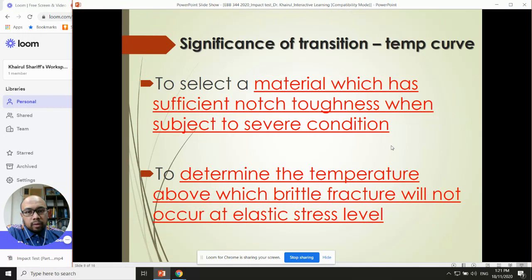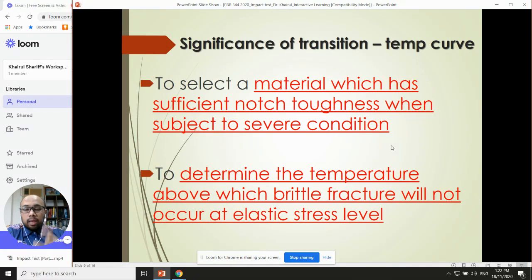ductile failure. Again, what is the significance of the DBTT curve? Number one, to select a material which has sufficient notch toughness when subject to severe conditions. Determine the temperature above which brittle fracture will not occur at elastic stress level. In simple words, the most important finding for the DBTT curve is that when you adjust the temperature during impact testing, you might get, number one, different absorbed energy. Number two, different percentage of crystallinity. Number three, you will gain a different microstructure of the fracture specimen after you perform the